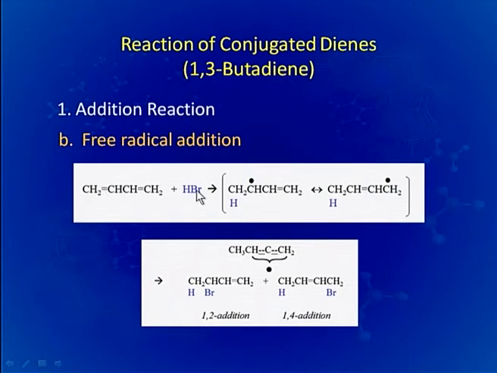It will undergo homolytic fission and generate free radicals of hydrogen and bromine. Here we will be getting an allylic free radical, and another resonance stabilized allylic free radical here. So, these are the resonance stabilized allylic free radicals, and via these two different intermediates we will be getting two different products. One is the 1,2 addition product and another is the 1,4 addition product. It has been observed that in the free radical mechanism, the 1,4 addition product is the much more formed product.